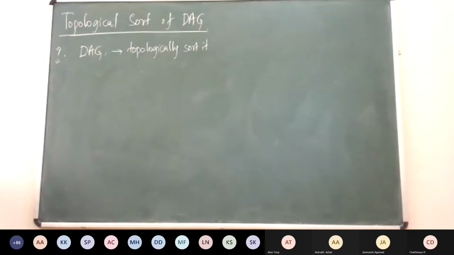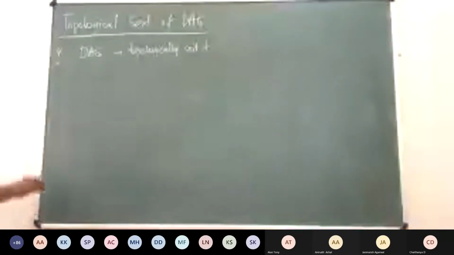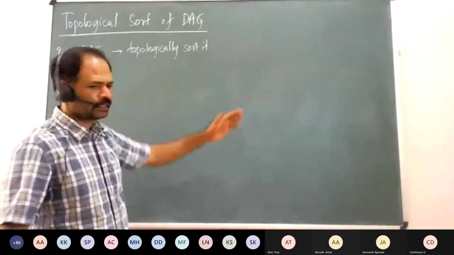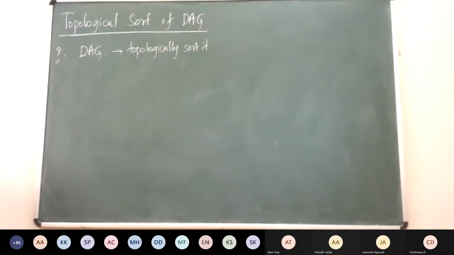Okay, and now you want to sort the vertices of the graph such that once you put all these sorted vertices in a straight line, all the edges should go from a lower indexed vertex to a higher indexed vertex, right? The index with respect to the ordering. So it should always go from a smaller indexed vertex to a bigger indexed vertex with respect to the ordering. Or if you are ordering all the vertices on a real line, all edges should go from left to right. Okay, good. So is the problem setting clear?